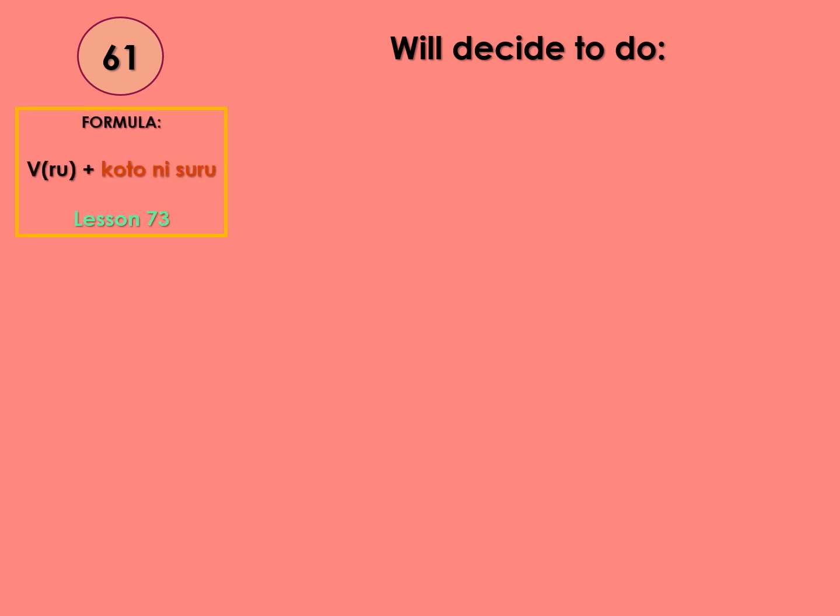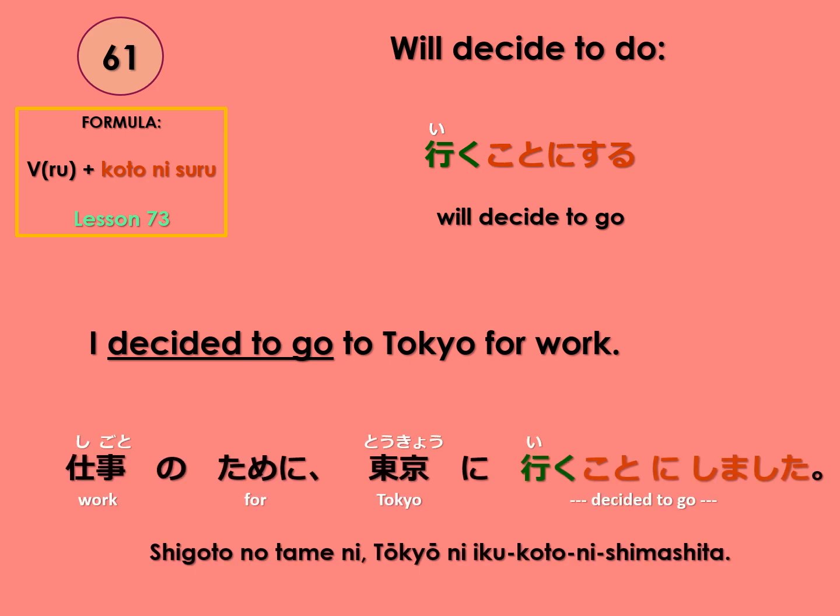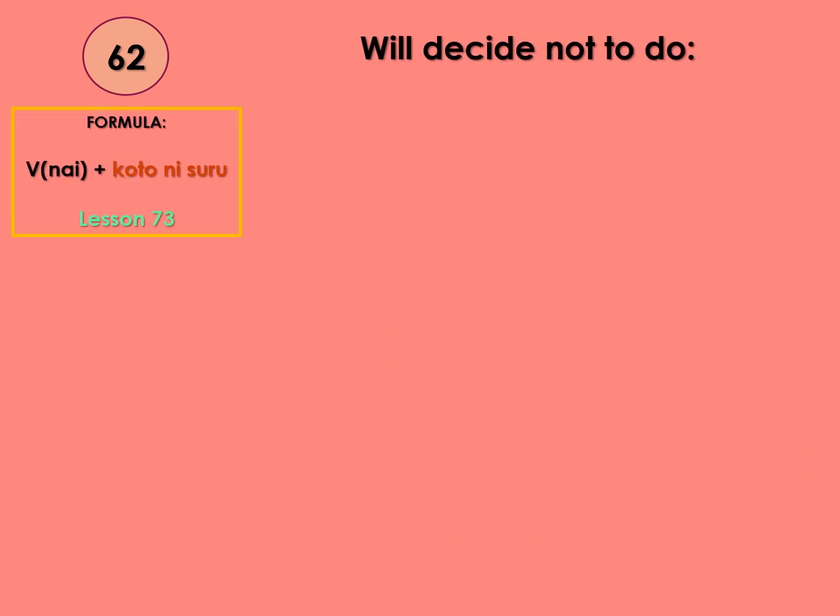61, will decide to do. Ru koto ni suru, ru koto ni suru. Lesson 73. Will decide to go. 行くことにする。I decided to go to Tokyo for work. 仕事のために東京に行くことにしました。